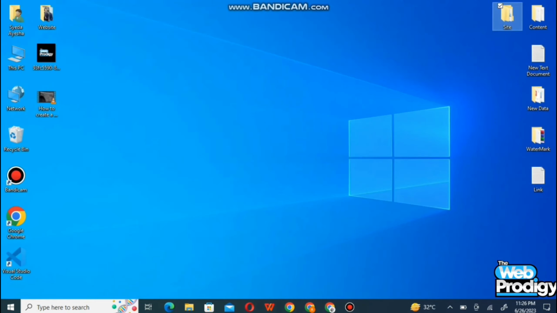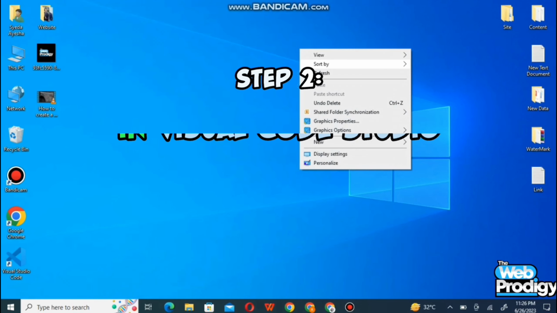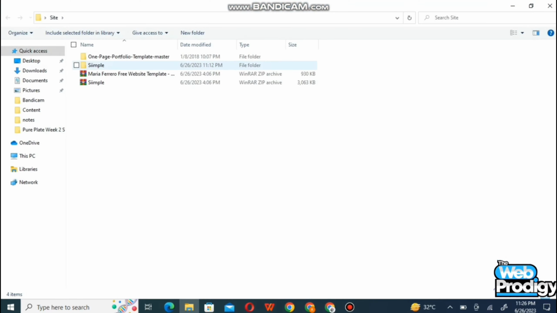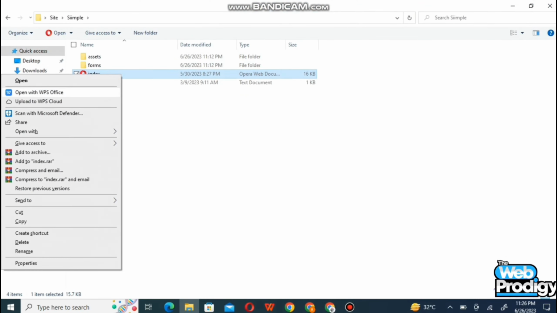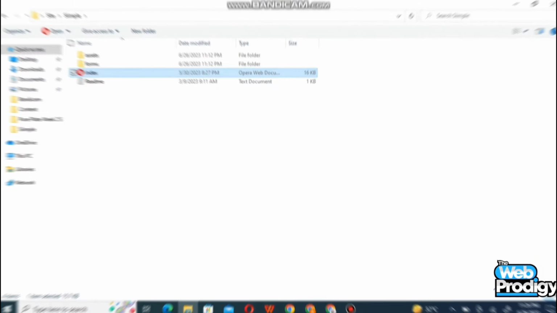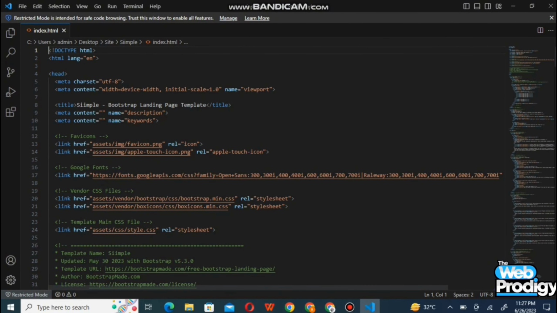So, moving on to the second step, we will have to open the downloaded template in Visual Studio Code. To do this, navigate to the folder where the template is saved and locate the index file. Double click on it to open it in Visual Studio Code. Here, you will have access to the code of the template, allowing us to make